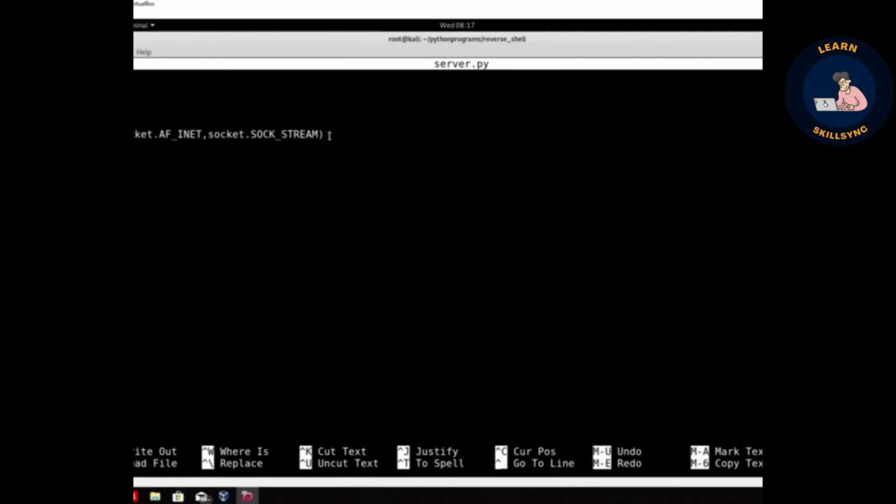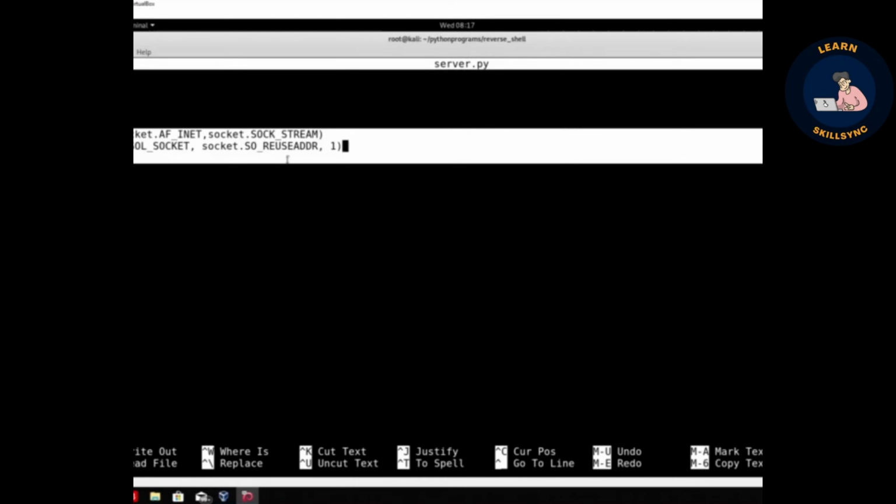So in the next line, we will set some of the options for our socket object. In order to do that, we will use a function called setsockopt, and in the actual brackets, just specify socket.SOL_SOCKET, comma, socket.SO_REUSEADDR. After that, comma 1, and that is all we need to do for our socket object in the entire program. We set some of the options, we also created the socket, and right now we are going to run our next function,